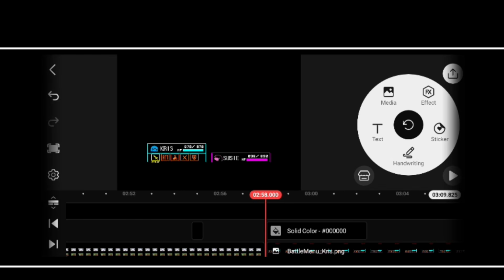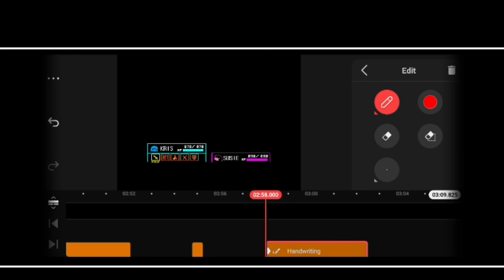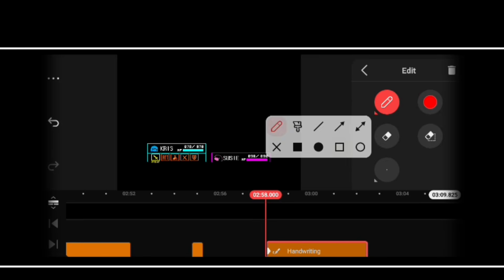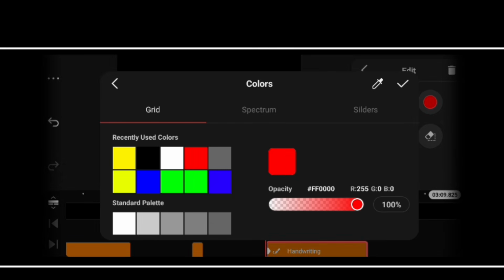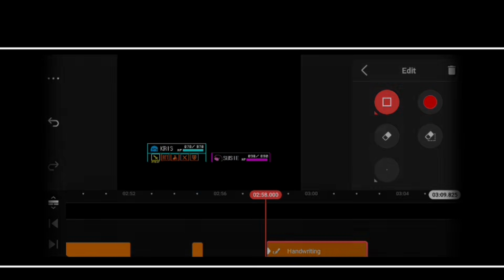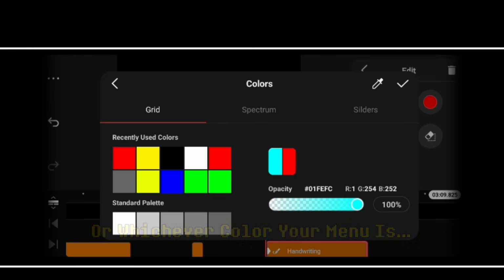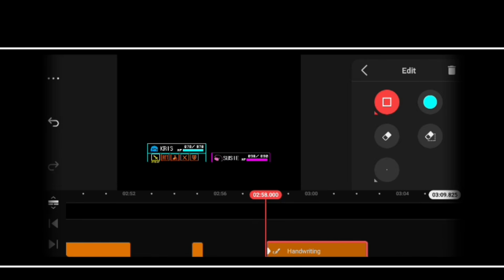To achieve this, we'll use the handwriting tool situated in the Layers menu. Click the pencil icon on the left, and then choose to draw a square without a fill. Next, select this red circle and then select the eyedropper icon in the corner. Then, simply tap on the cyan blue color of our menu,